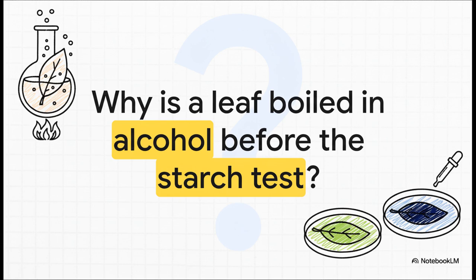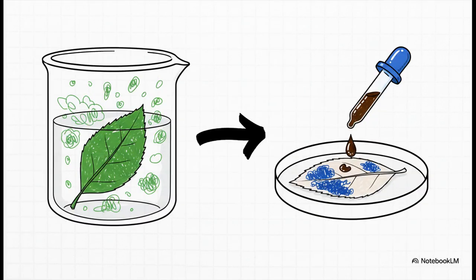Okay, I know we just talked about this, but it is so important it's worth saying again. Why do you have to give that leaf an alcohol bath? It's all about one key word: chlorophyll. The alcohol removes the green pigment, which makes sure that the final color change from the iodine is super clear